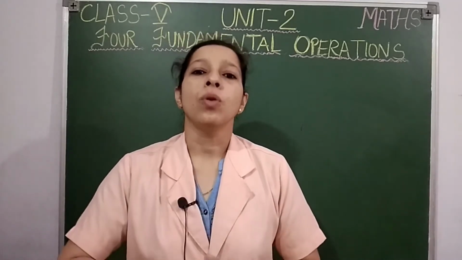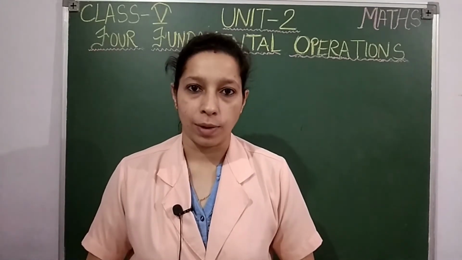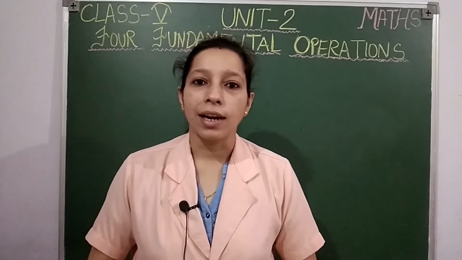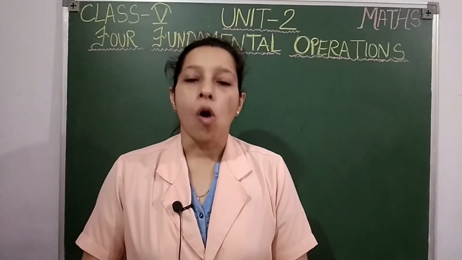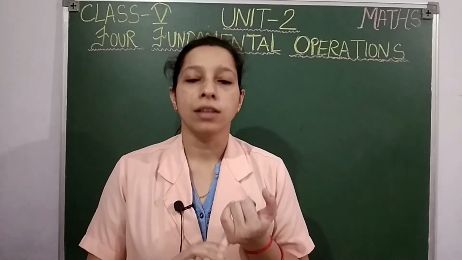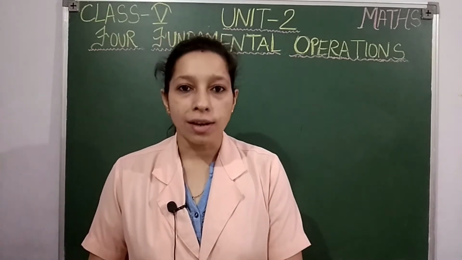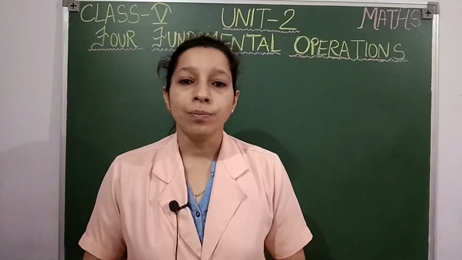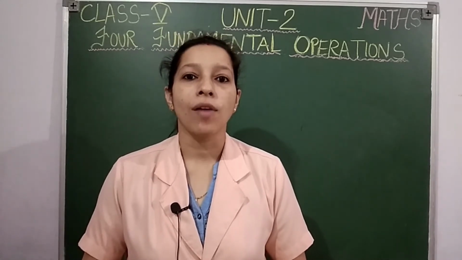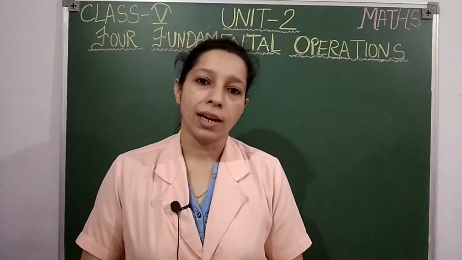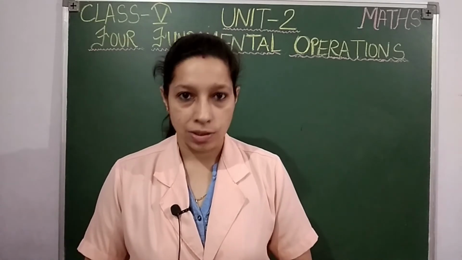Okay, before it you have to answer a few questions. So students, my first question is, what have you studied in your first chapter? It is very clear that you have studied large numbers. Large numbers means 8-digit numbers and 9-digit numbers. Also you have studied how to write the place value, how to write these large numbers in expanded form, how to compare these numbers. Then you have learned the Indian system and international system of numbering, isn't it? You have learned the number system. Two systems are there, Indian and international. Now it is very clear to you how to write the large numbers using both these systems.